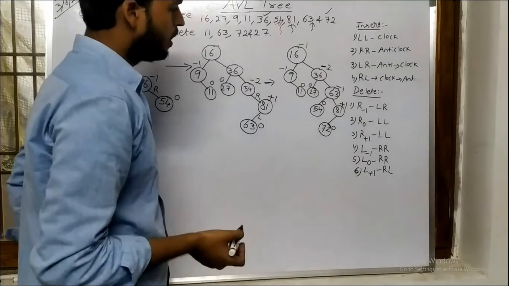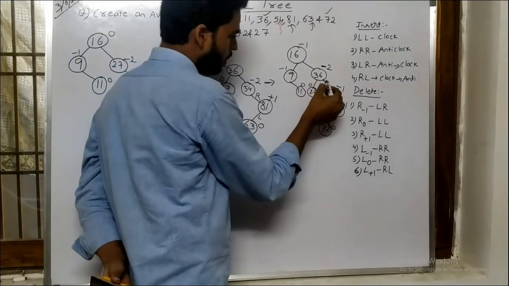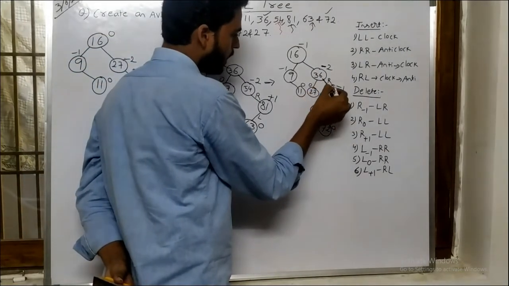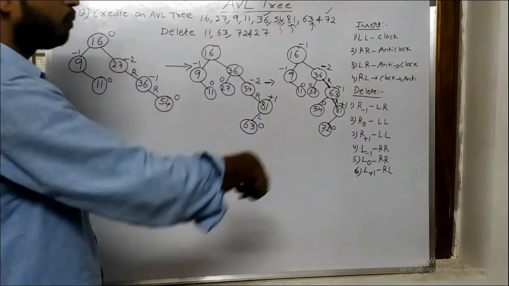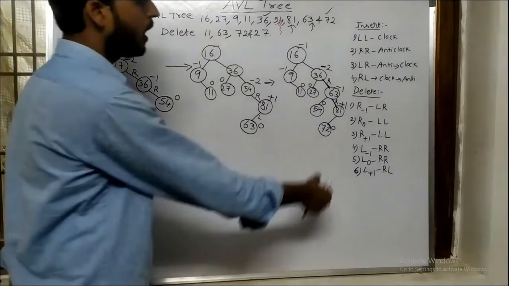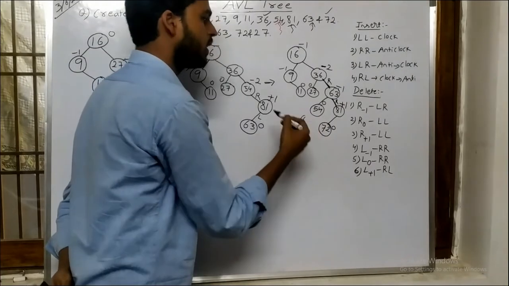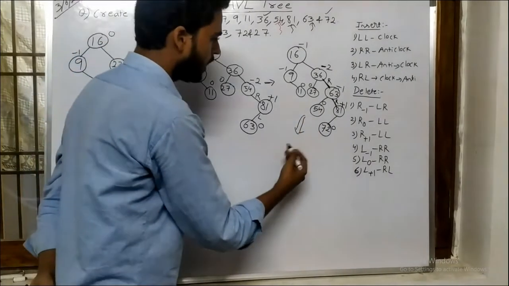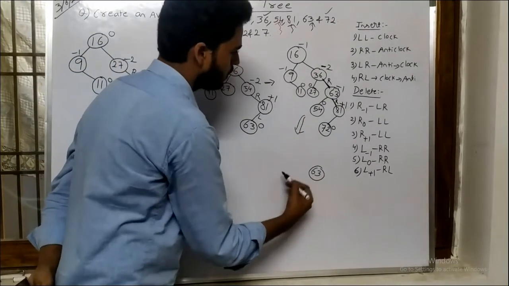Just try to check with respect to this critical node, where I have inserted into the right-to-right subtree. Then we need to make an anti-clockwise rotation on this critical node 63. Okay, don't get confused. If you practice, you will get it. If you make the adjustment over here, you will get 63,